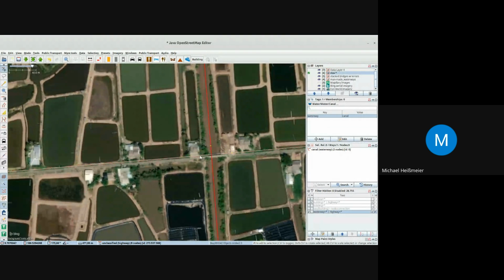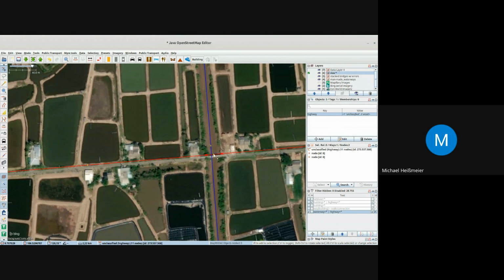Of course, the standard way would be you go to the add mode here and double click here and double click there, and then you have to select both points together with the highway.